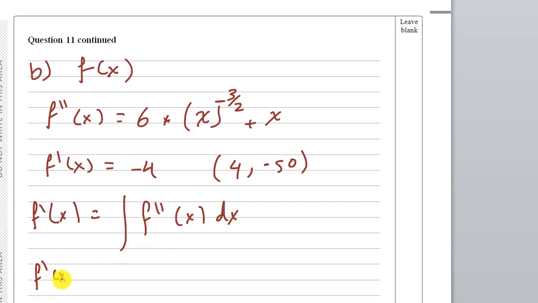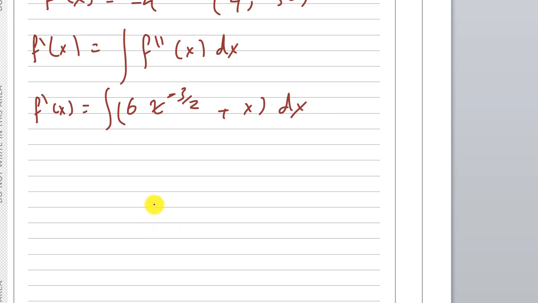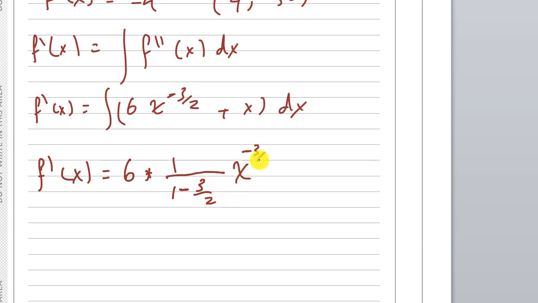So f dash of x is equal to the integration of 6x minus 3 over 2 plus x dx. So f dash of x is equal to 6 multiplied by 1 divided by 1 minus 3 over 2 x minus 3 over 2 plus 1